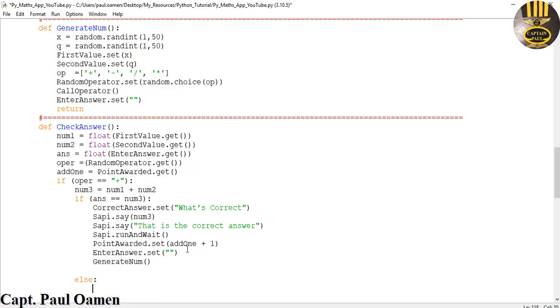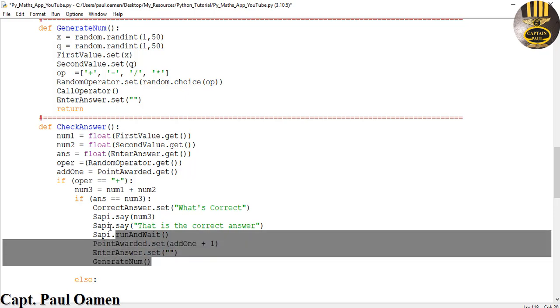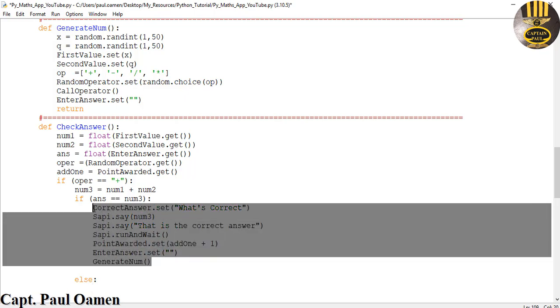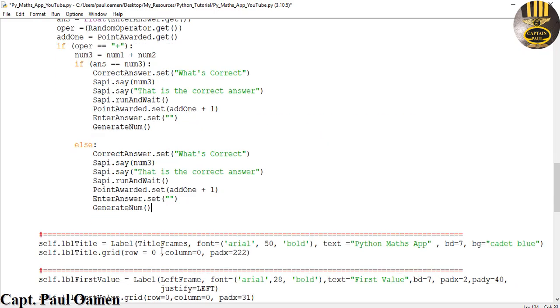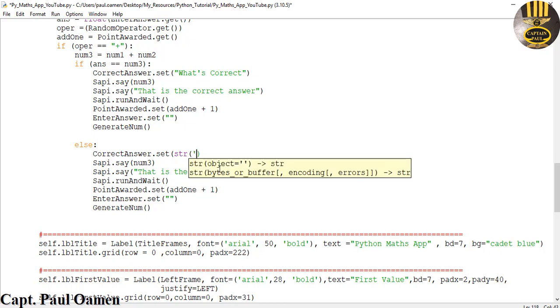Else, correct answer, and we also want Happy to say something unclear. So I'm going to grab hold of all of these, paste it right underneath here, and I'm just going to say, yeah, I want you to say the correct answer. Okay, so let's ask you to change that to string and that will be